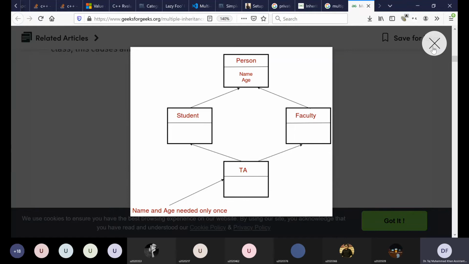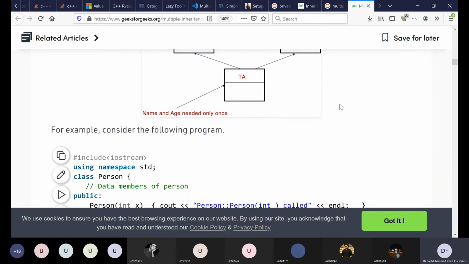Similarly, let's say if you have the function show and you are calling it from the class Dean, so it has inherited a function. Human had a function show, class human. So it will inherit all the functions of the class human. So class Dean, since it has two copies of class human, it will have two copies of its functions also. So it will not know which function to call if you call Dean.show.